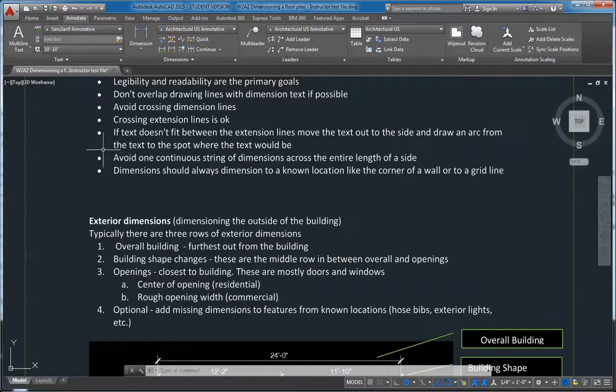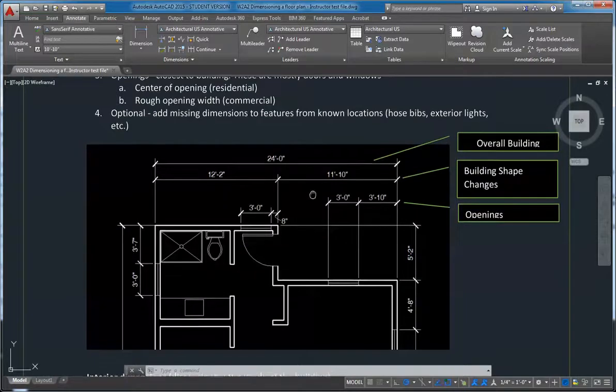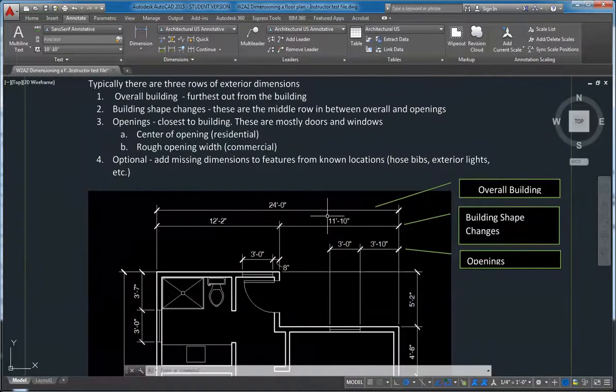The next one: avoid one continuous string of dimensions across the entire length of a side. So you don't want to have one string of dimensions where you have a number of items that you're dimensioning. You want to avoid being continuous just because there's an opportunity for there to be a buildup of issues with tolerance. Sometimes as people are building things, they add fractions of inches, and as it goes along, if